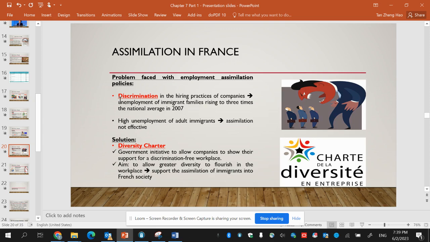But there's always some sort of problem, because in France, there are people who still continue to discriminate and treat these migrants unfairly. So France sometimes tries to come up with a solution, this thing called a diversity charter. This is not so important because in this chapter, you need to know more what is France's method of